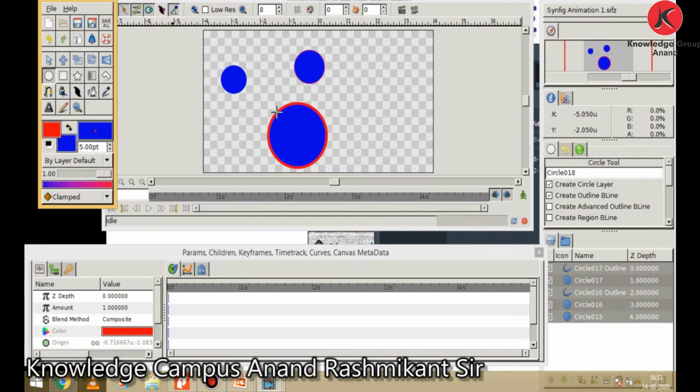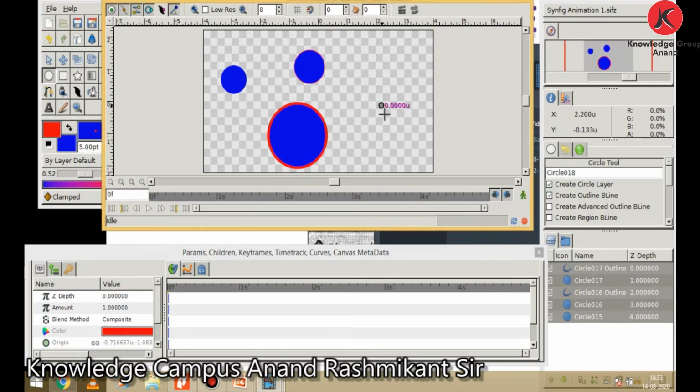So see, it's completely visible here because the opacity value here is 1.00. Now I decrease it, suppose to 0.5. Now you can see when I draw any object on the canvas window, it will look somewhat transparent. So it is opacity.